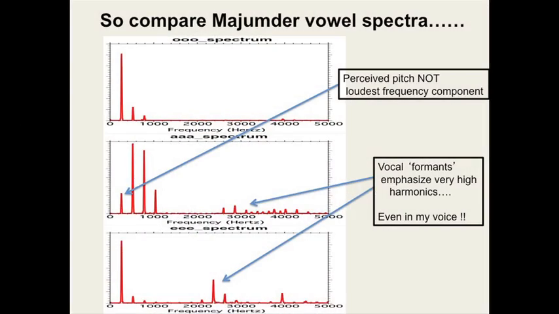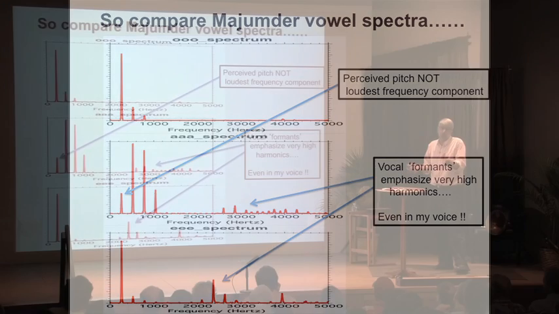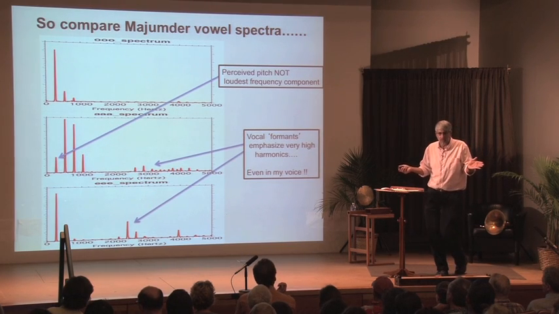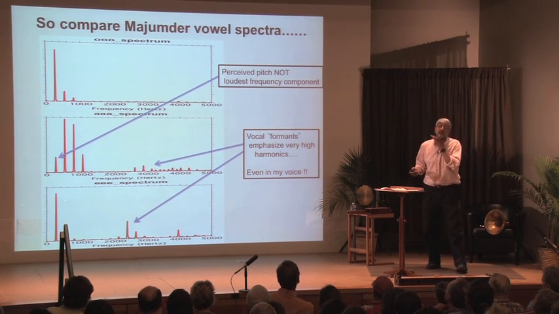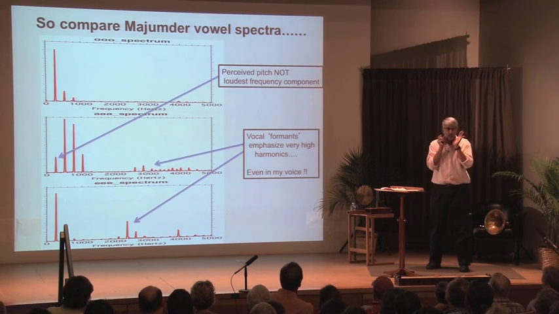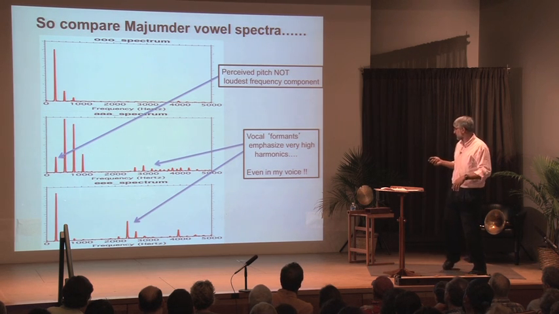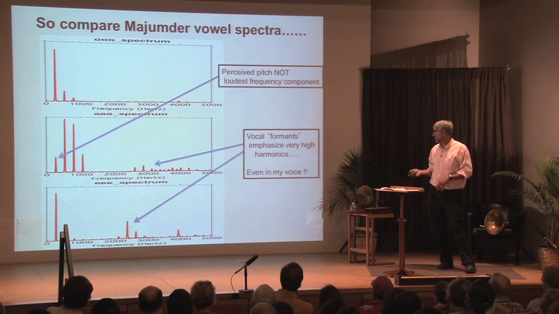And I'd also like to point out that there's a little bit of a wasteland here, and then all of a sudden, these very high frequency components emerge. And again, these are what you would think of for a soprano sort of range of voice, and that's because of these cavities here called vocal formants, which highlight and amplify certain parts of the spectrum.